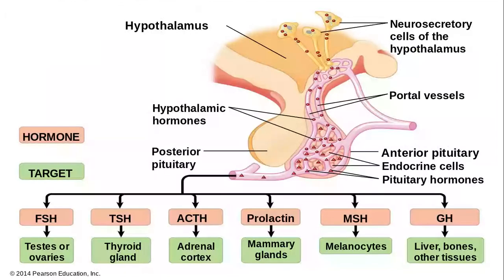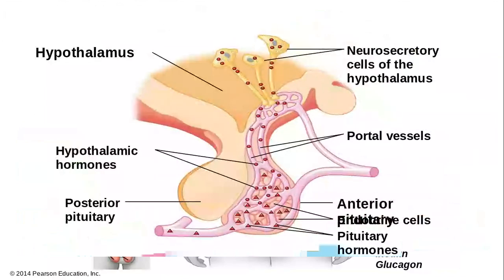So for example, the hypothalamus is one organ that's part of the endocrine system, and it releases a lot of different hormones. All of those in red are the different hormones released by the hypothalamus. GH, which is growth hormone, MSH, prolactin, ACTH, TSH, FSH, which is follicle stimulating hormone. And then those green are the target cells or the target organs that have cells with receptors for those hormones. And so it travels all the way from the hypothalamus through the bloodstream to get to those particular organs.